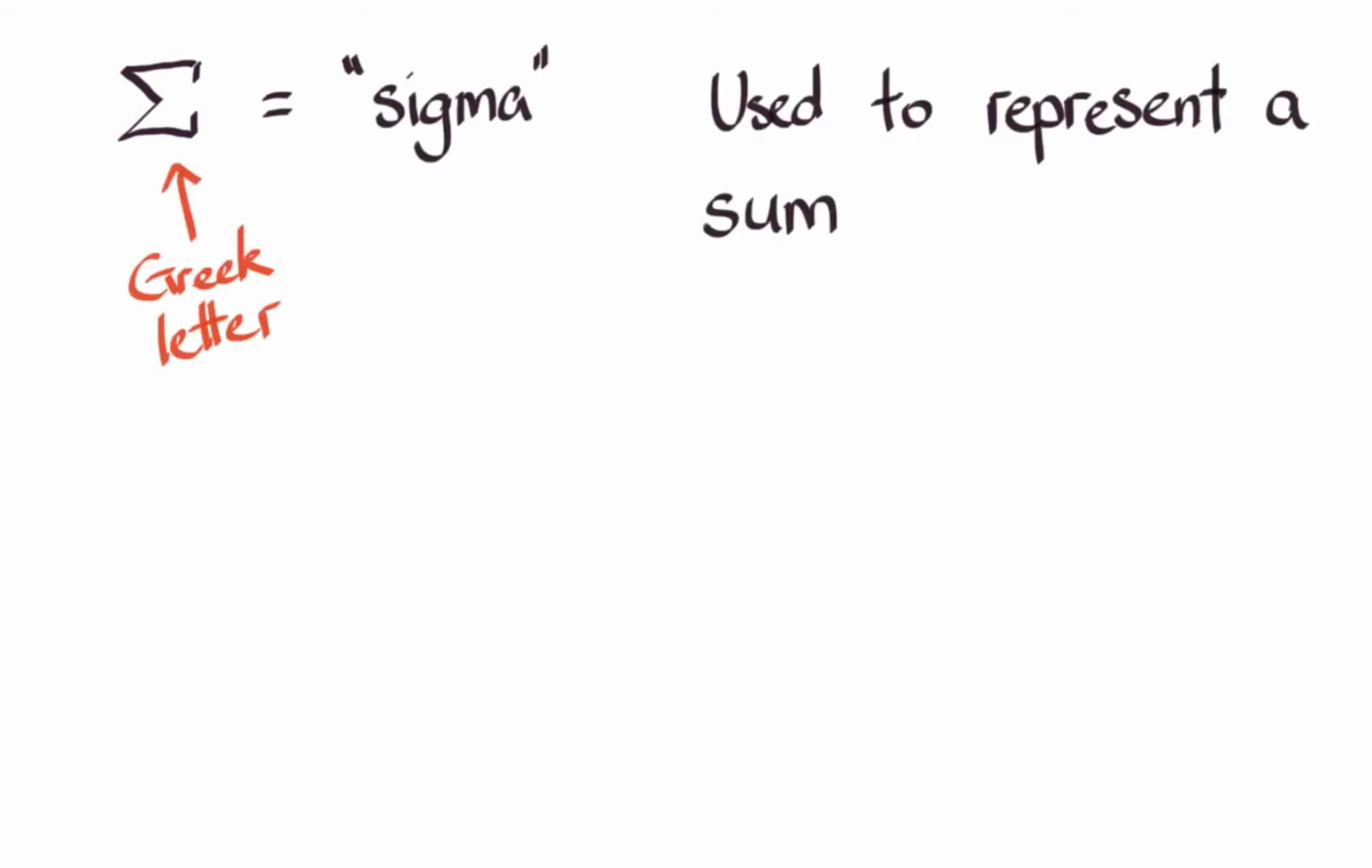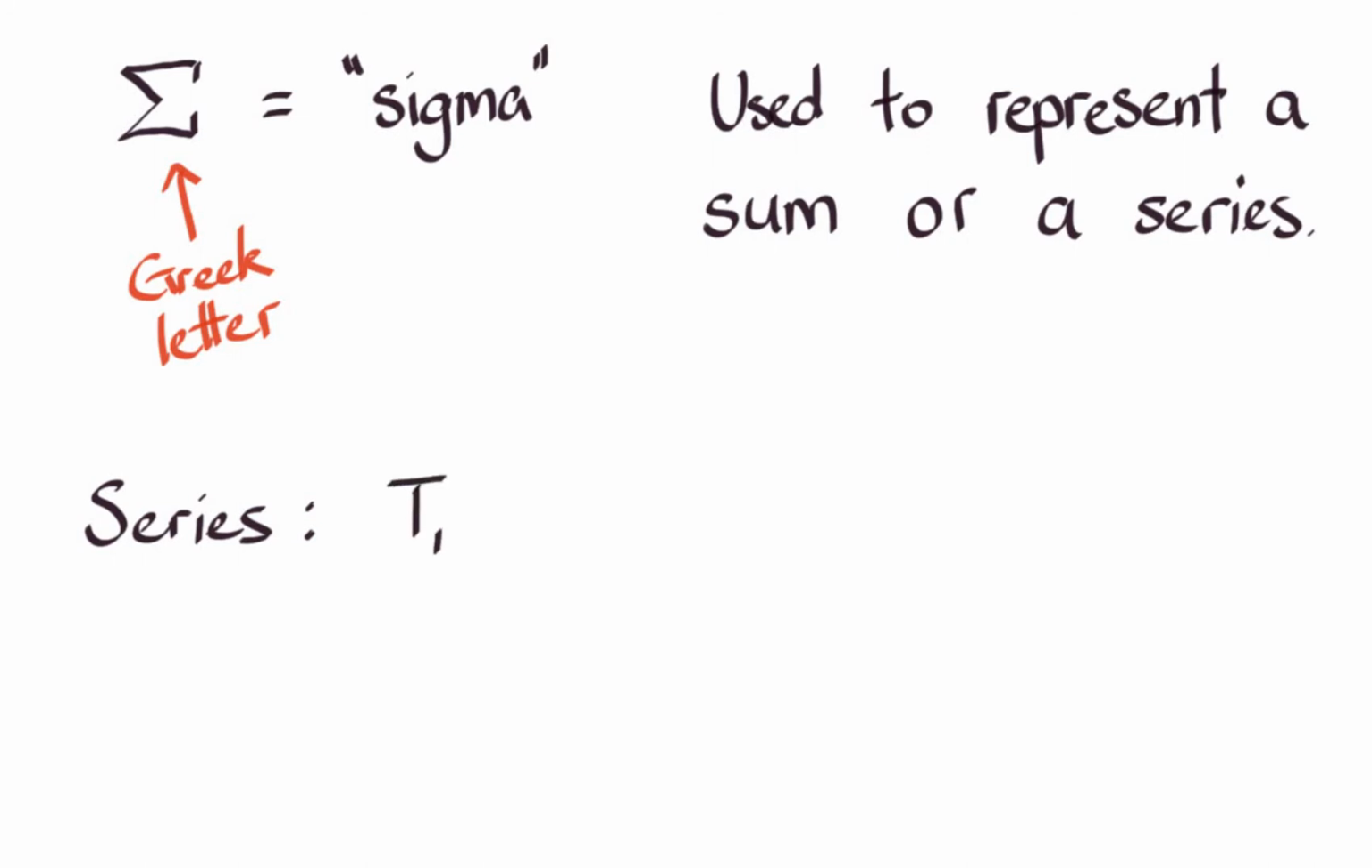We've seen this guy before. This is the sigma. It's a Greek letter and it's often used to represent a sum. Well, in what we're looking at, a series is just a sum of certain terms. So when we write a series out, we start with our first term, term 1, and then because it's a sum, so we're adding, we go on to our second term, and so on, keep adding